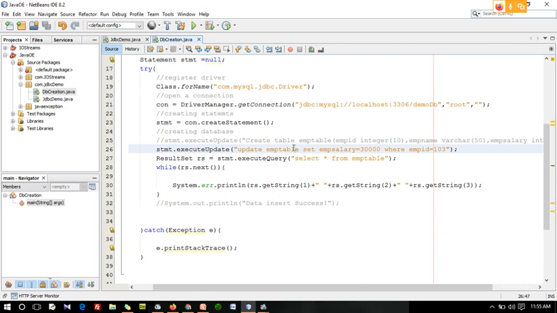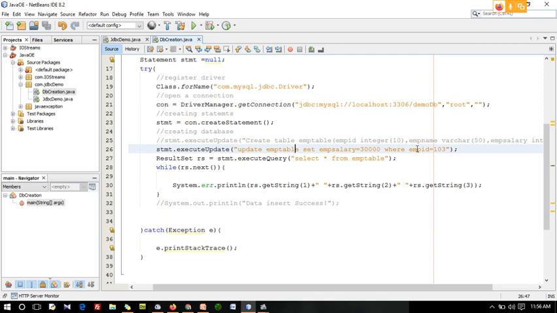Sir, can you mention the condition as emp name also? Yeah, you can also mention, but emp name is not unique, right? In your class you can have two or three Kishore, right? What will you do at that time? Emp ID is unique, so that is why faculty ID and student ID are given. It is not repeated.